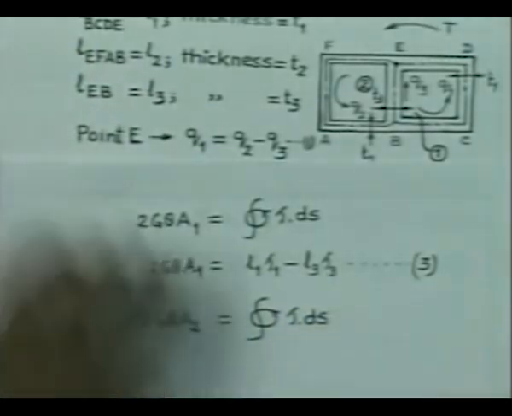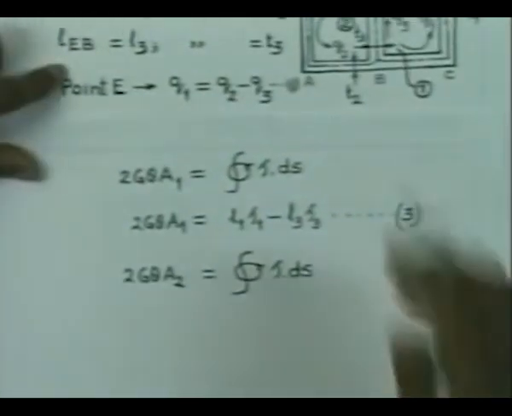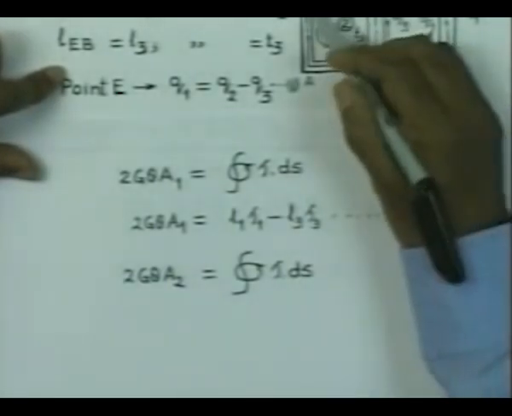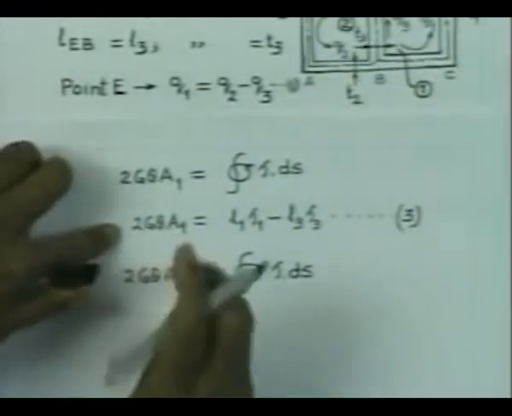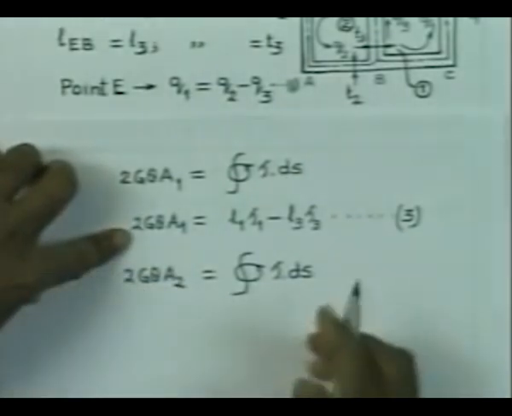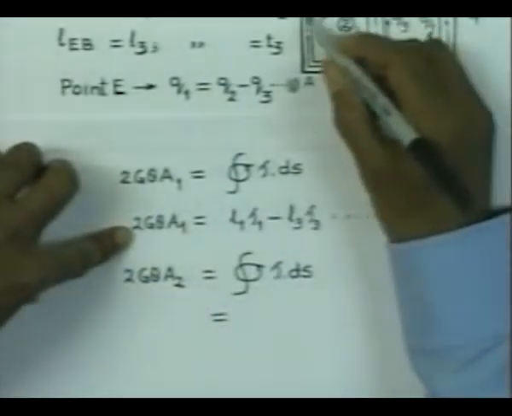For this closed contour, the thickness is constant from E to F, F to A to B, and the flow is Q2. So, the shear stress remains constant, and therefore, this will become L2